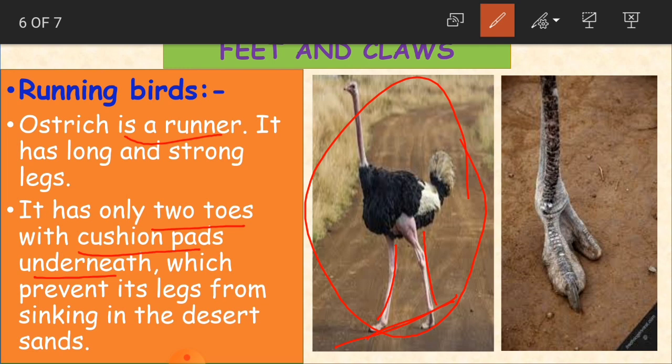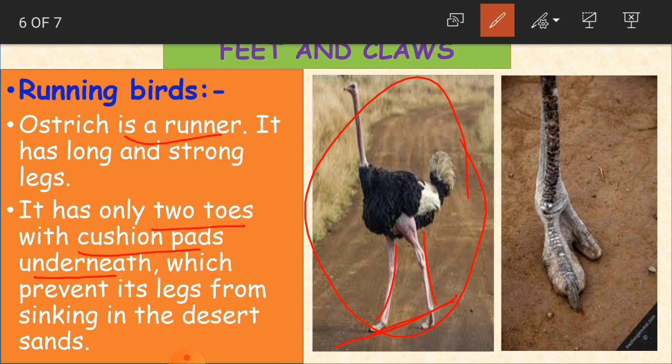So under the toe, what has it got? It has got cushion pads. Cushion means what, children? Even when we sit on the cot or on the sofa, we have a cushion for our back. Why? To have support.